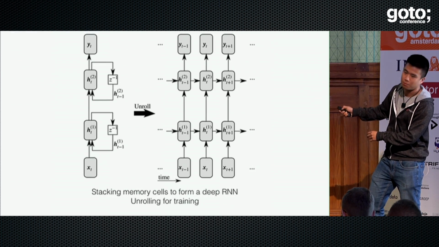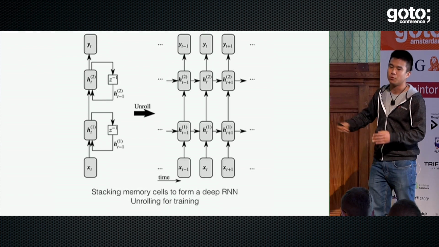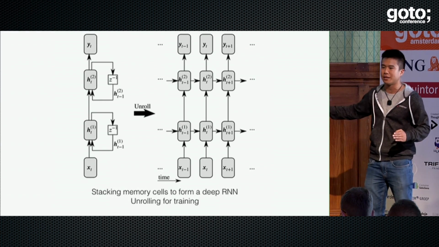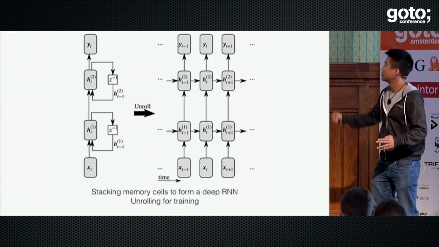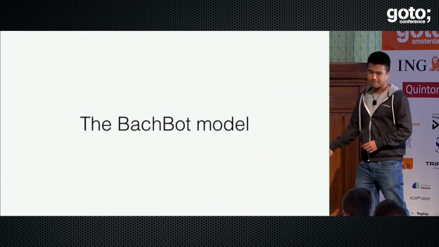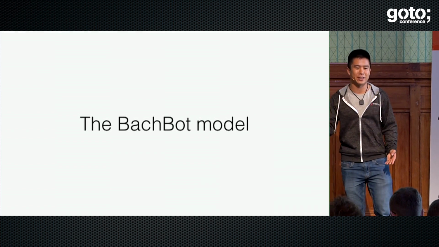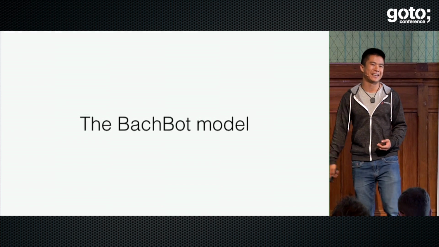Your input is of variable length. And to train the network, what you do is you expand this graph, you unroll the LSTM to the same length as your variable length input, and so in order to get these predictions up at the top. Great. We know all we need to know about music and RNNs. Let's move on to how BachBot works.